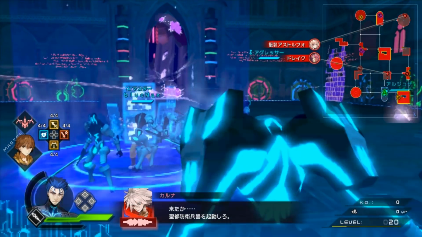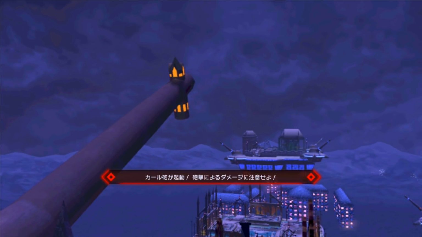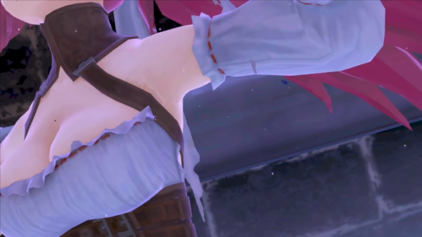So, this is Fate Extella Link. Oh great, it's this stage. I just remembered I have to take out that goddamn cannon. And you know how hard it is to take out this goddamn cannon? It is a bitch. And the problem is I have to do it. Like, if I don't take out that cannon as soon as humanly possible...